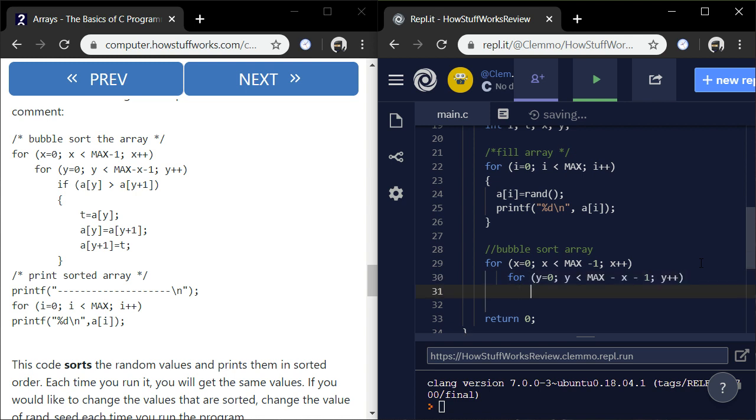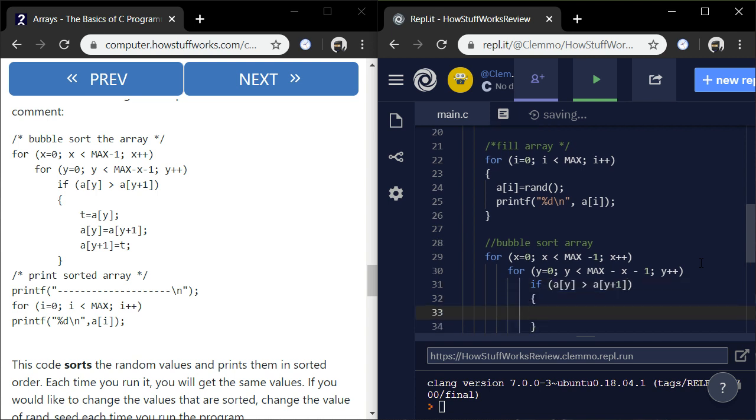Conditional statement: if array A with index y is greater than A with index y plus 1, then do some stuff. And here's the stuff. Set t equal to A index y.